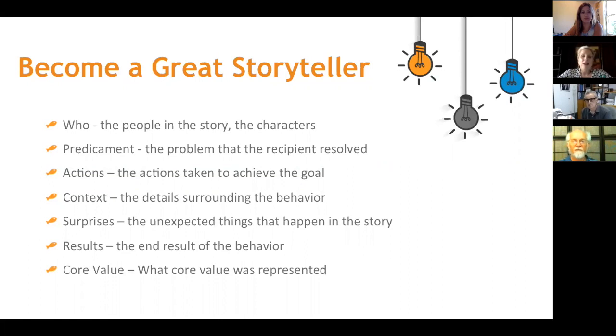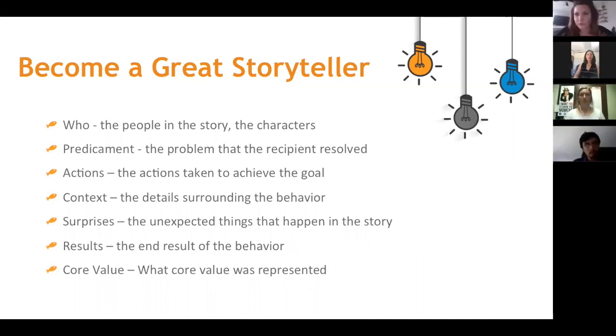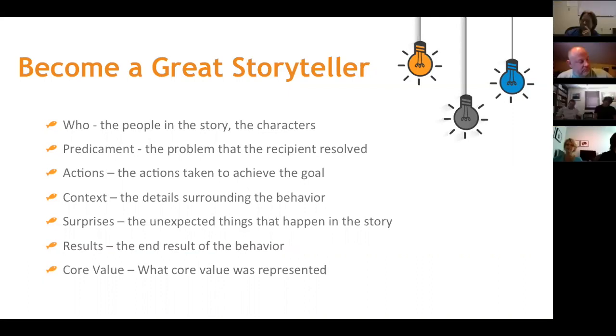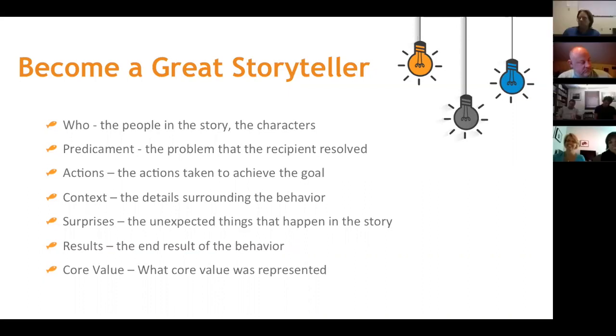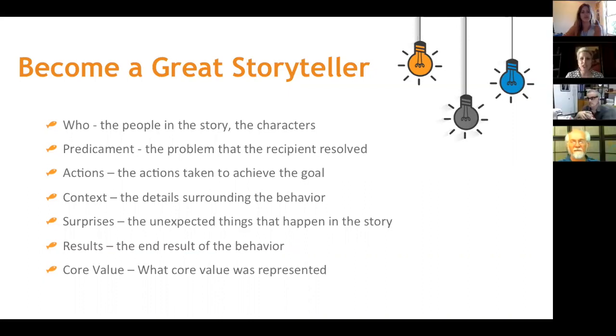Well, I highly recommend it doesn't go in the HR file, because being from HR myself, I know that can be the file of death. Like you never see it again. It could be the direct supervisor. In our case, all I did for the company was culture. So I owned culture and I kept a lot of it. And we worked on a lot of recognition together with directors and managers, et cetera. So I'd make a copy for the direct manager and I'd give it to them, and then I kept a copy. So whatever works for your logistics, but I highly recommend it's not the HR file.